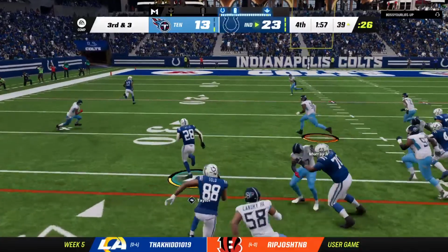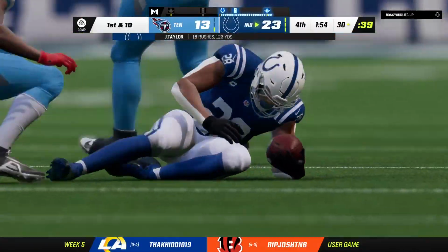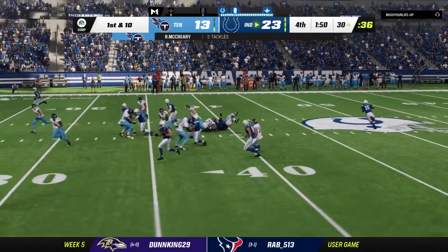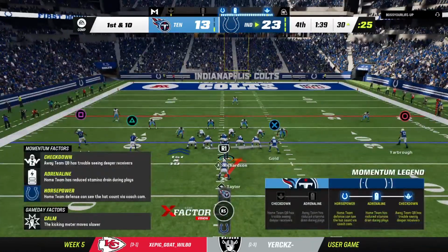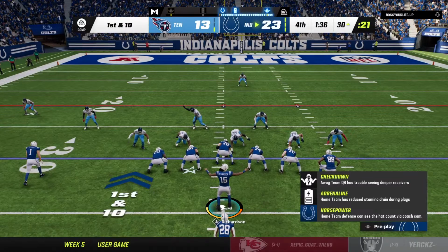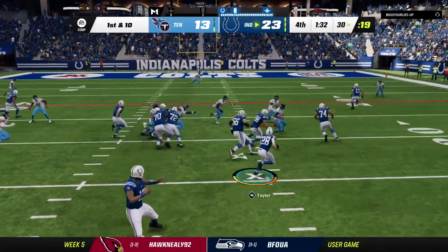They'll try and run for the first with Taylor. And he works it to the 30-yard line here, right at the 30. 123 yards rushing for him now as his sensational afternoon continues. So 1st and 10 now from the 30. Again, it's Taylor